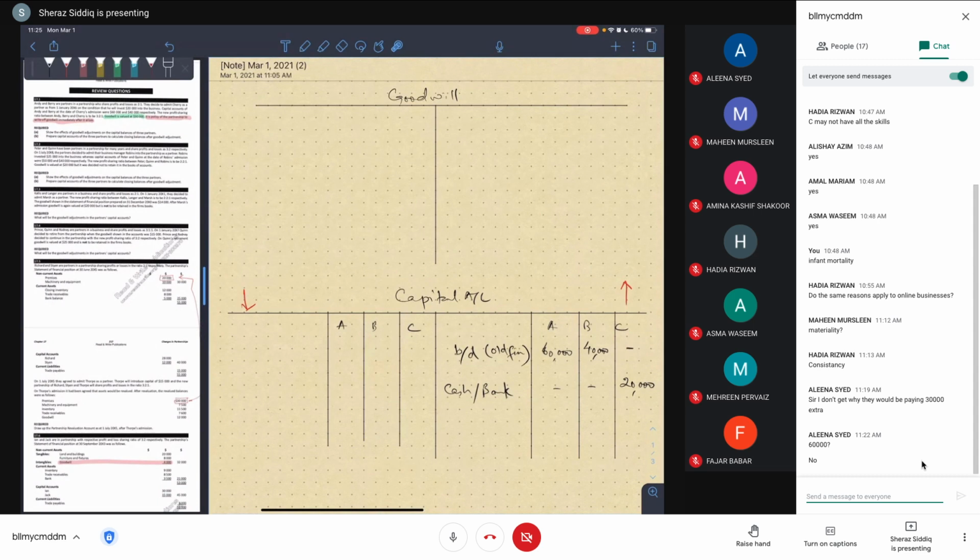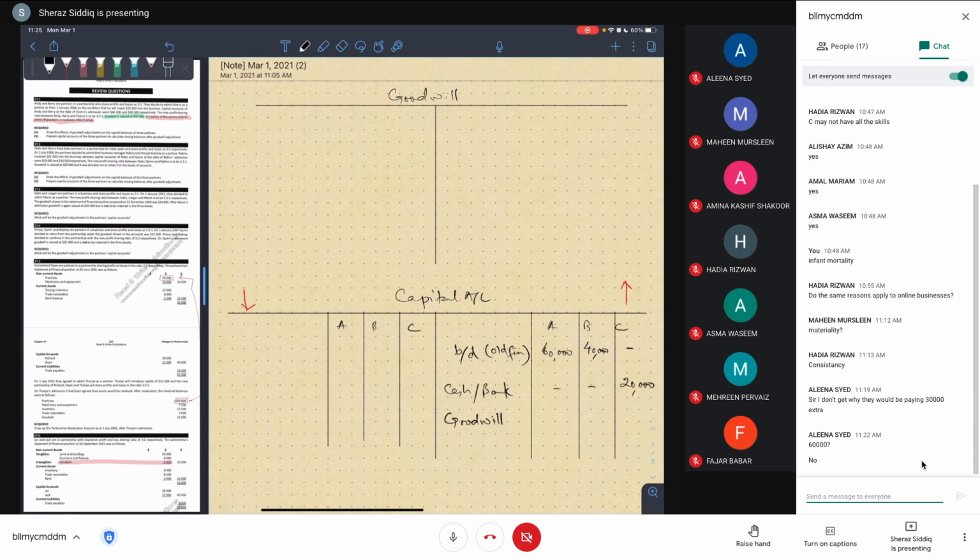And from the slides, we know that goodwill is a cost for the new firm's owner and a benefit for the old firm's owner. So what we will do is, let me just put the first entry over here. Goodwill is going to be a benefit for A and B.